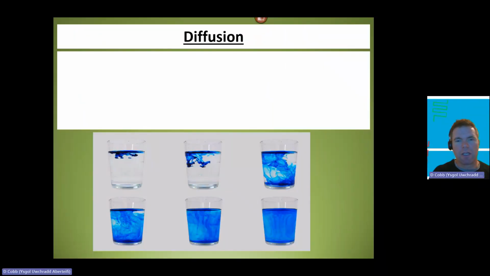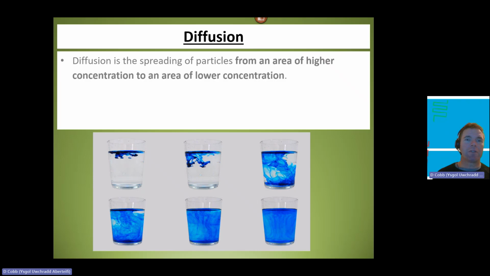Diffusion is something that you'll be familiar with, no doubt, either because you've studied it, but you're also familiar with the phenomenon. Because it's quite simple. Diffusion is just this spreading of particles from an area of high concentration to an area of lower concentration. And you can see this image there sort of shows that in that top left glass, you can see some food dye has been squirted into this glass, and slowly those dye molecules distribute themselves around that